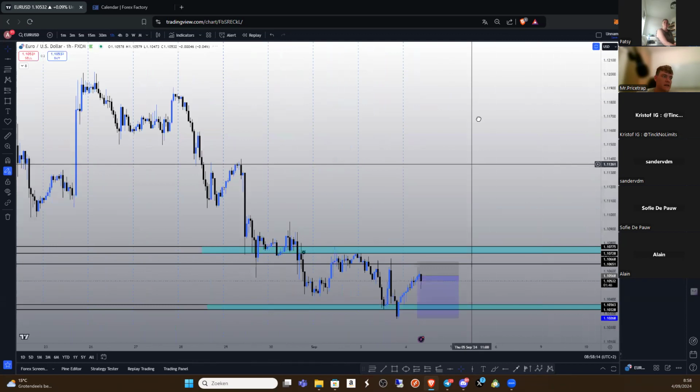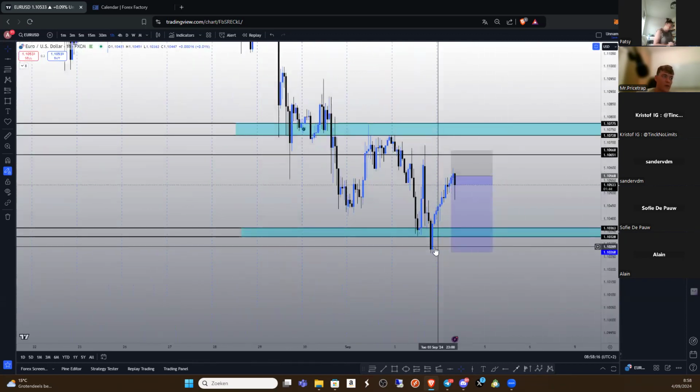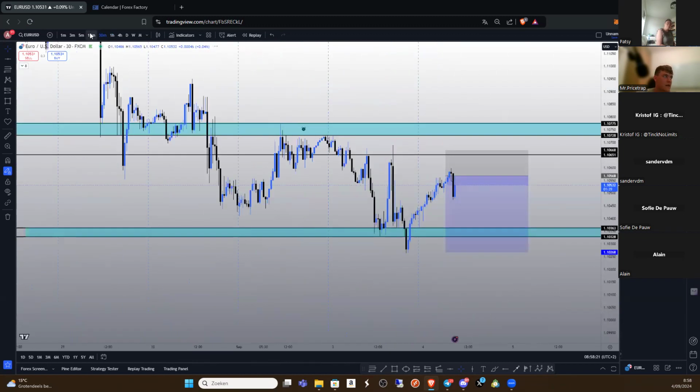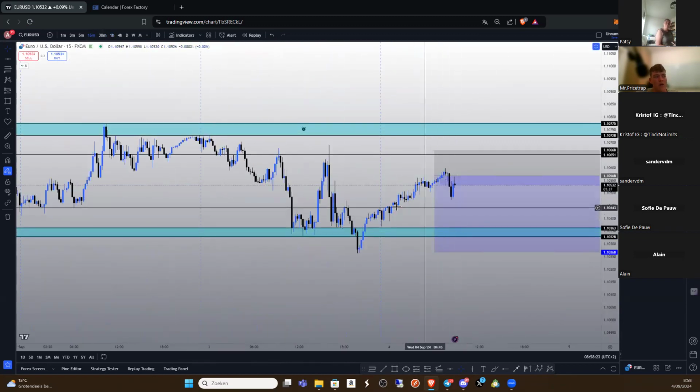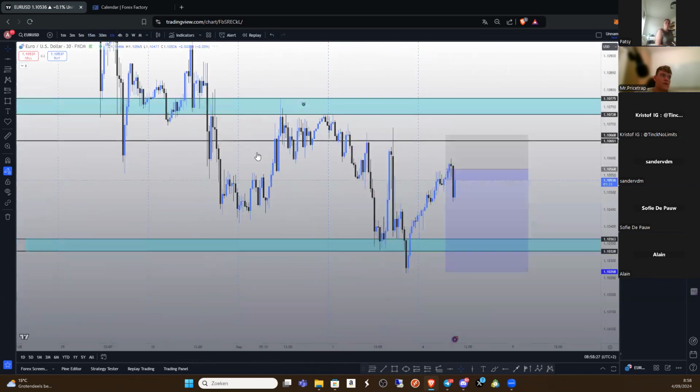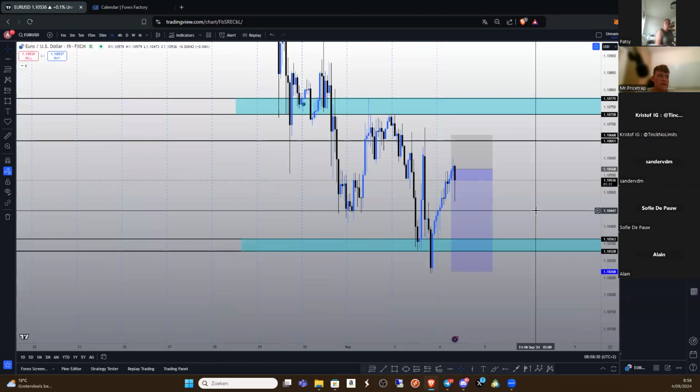And then we have exactly the same thing with Euro USD. We did have a breakout of the support, so we have a lower low. The market is coming back for that retest. The 1 hour time frame isn't looking that good, but the lower time frames are showing some good price actions. So let's see.